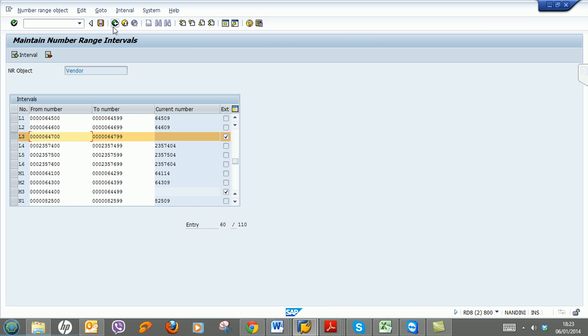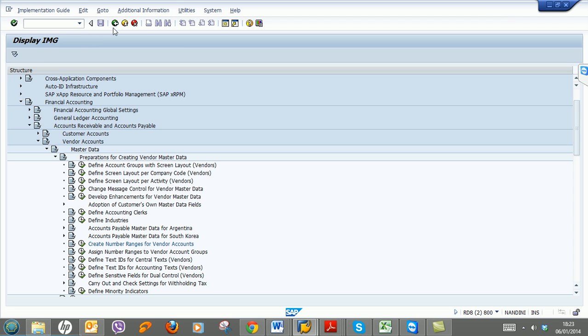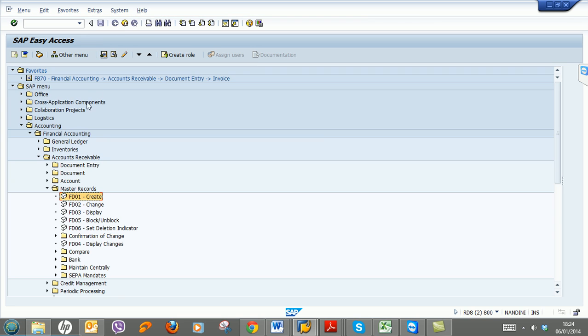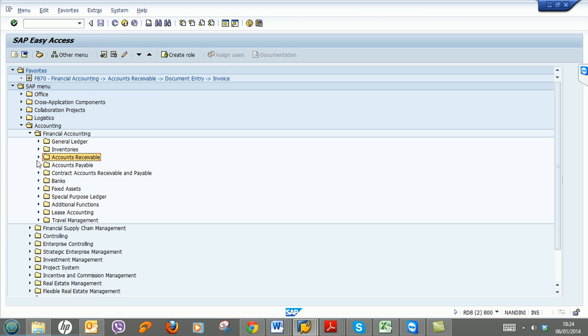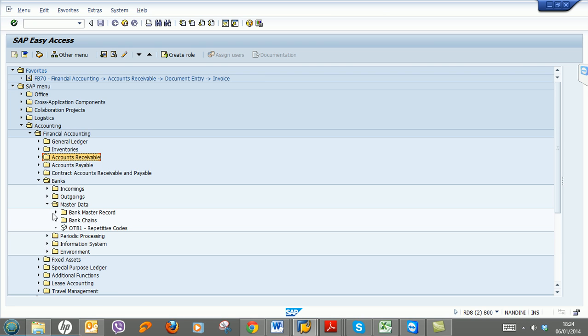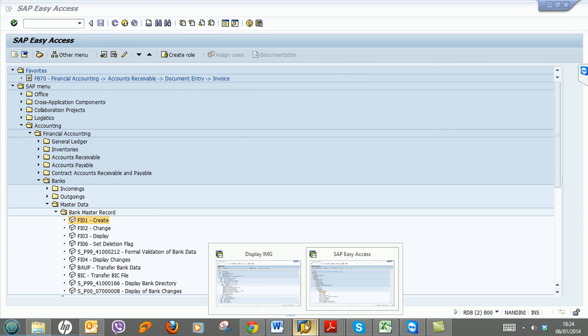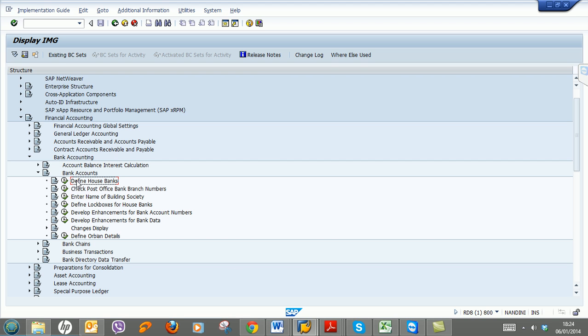Even in the SAP Easy Access screen you have the option. If you go, I will show you before I configure the bank record. Banks, bank master data, create. You have this option, but you don't need it if you create the bank master record within the same screen where you